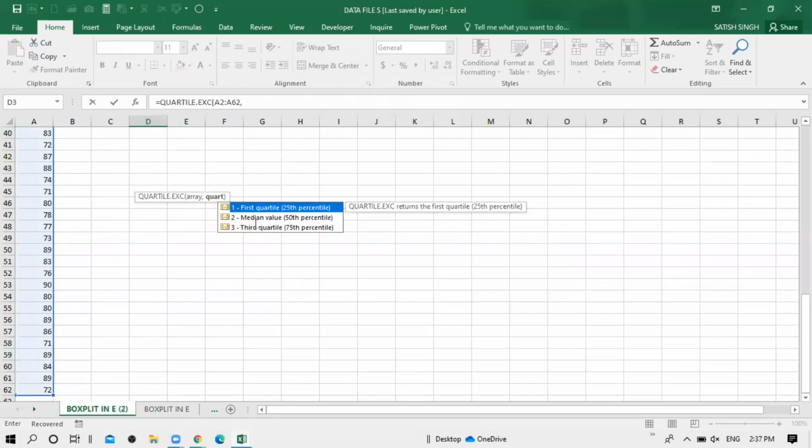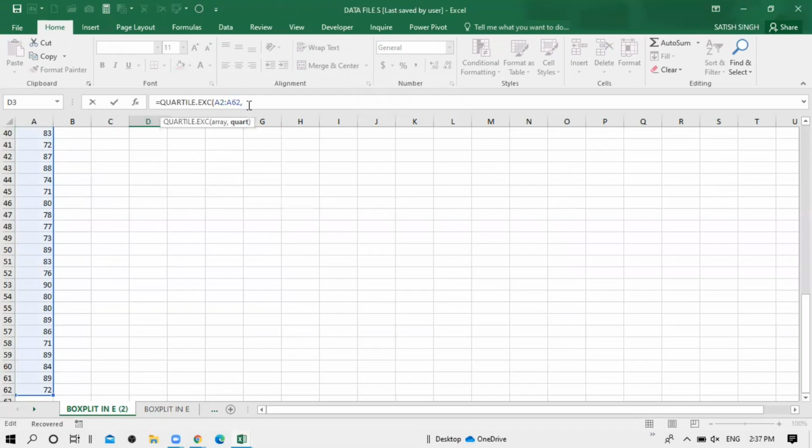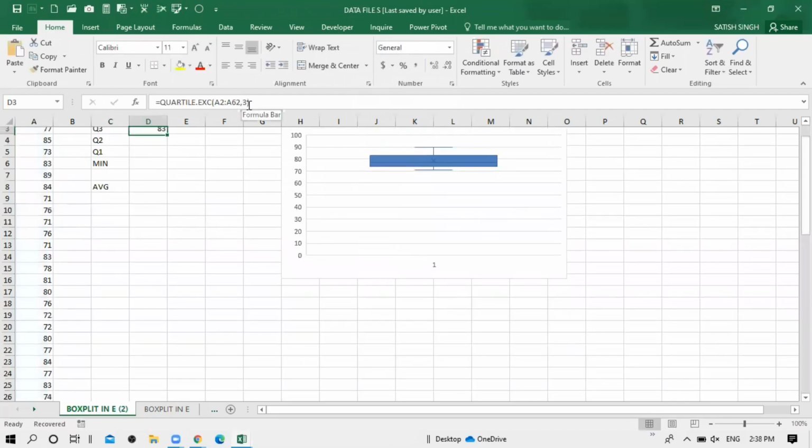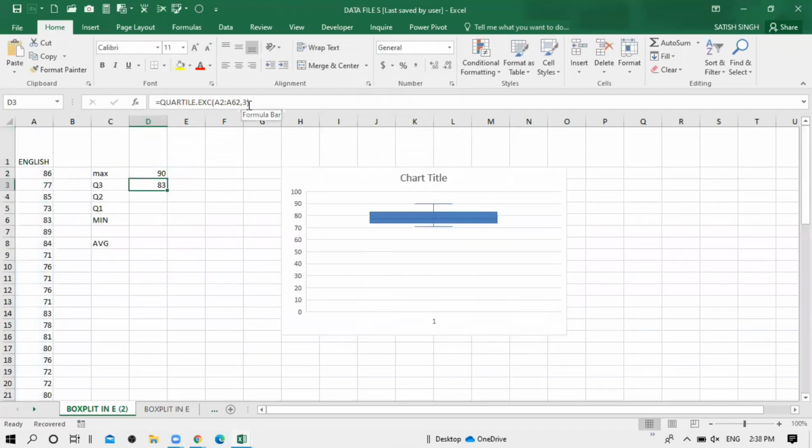For the second quartile or median value, you have to write 2, and for the third quartile you have to write 3. As of now we need the third quartile, so I will write 3 and close this, and here we have the third quartile.